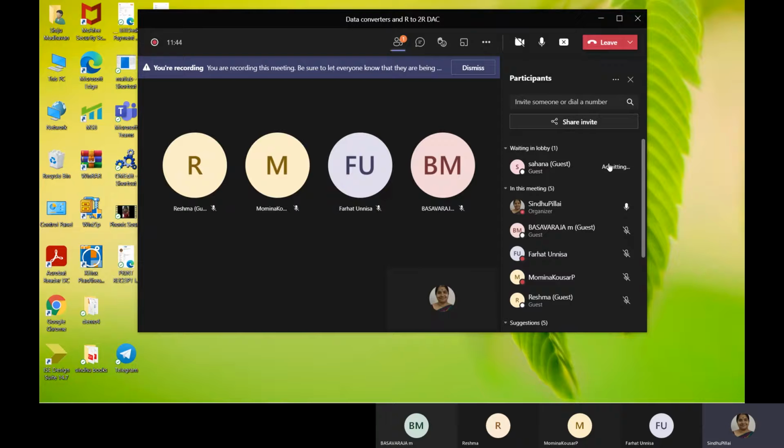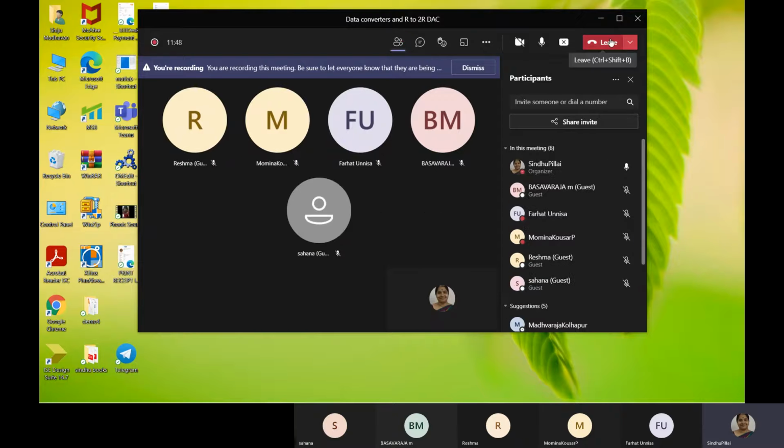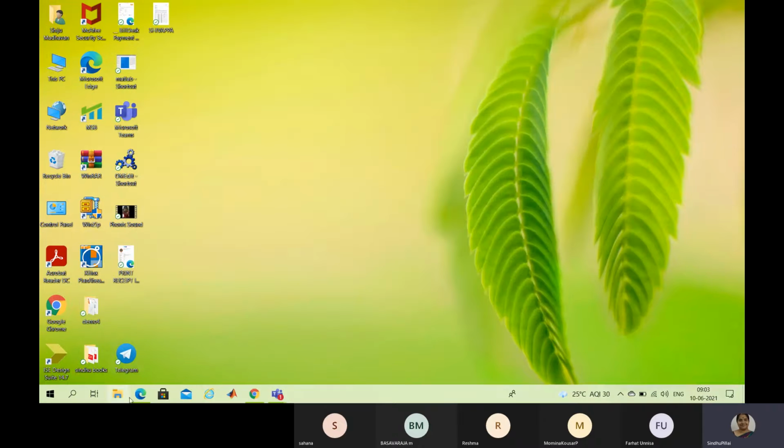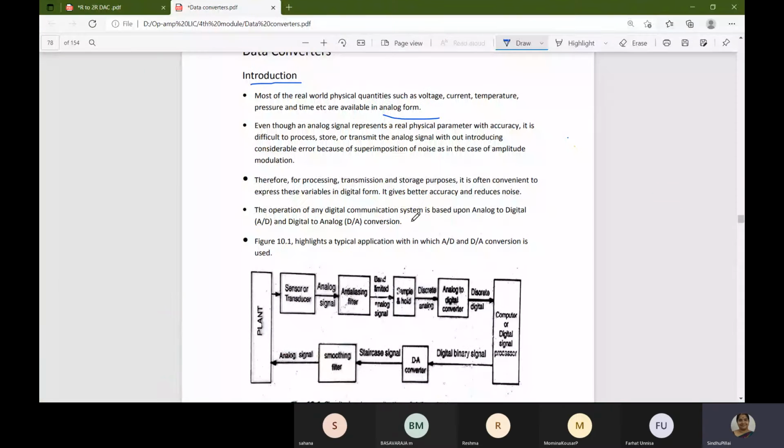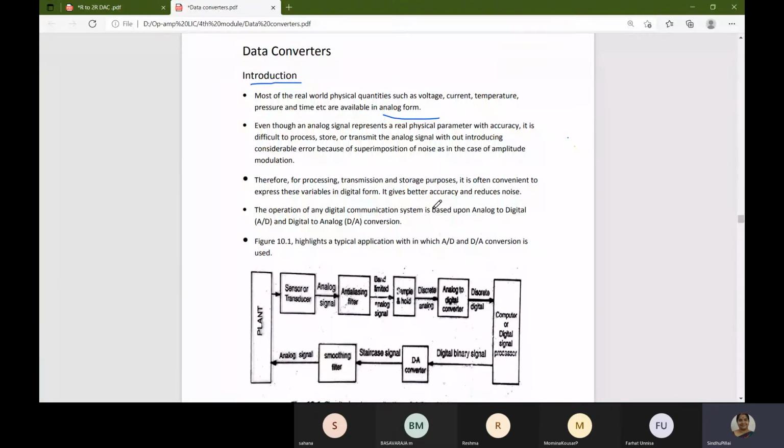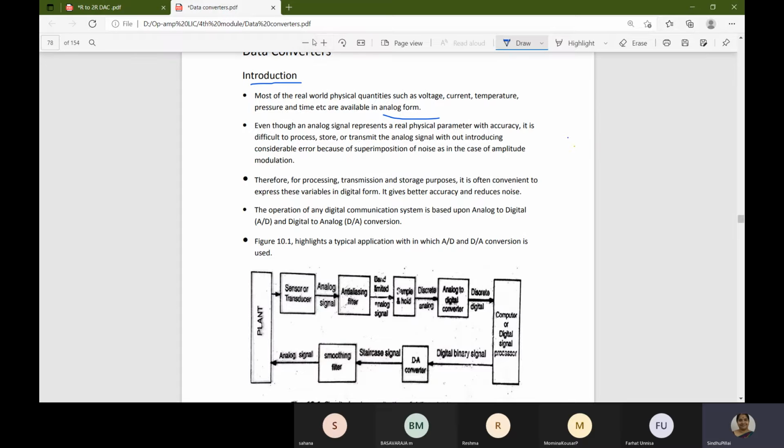First, we'll start with data converters. We'll see what the basics of the data converters are. As I have told, in the real world, the physical quantities we see, like voltage, current, temperature, pressure,